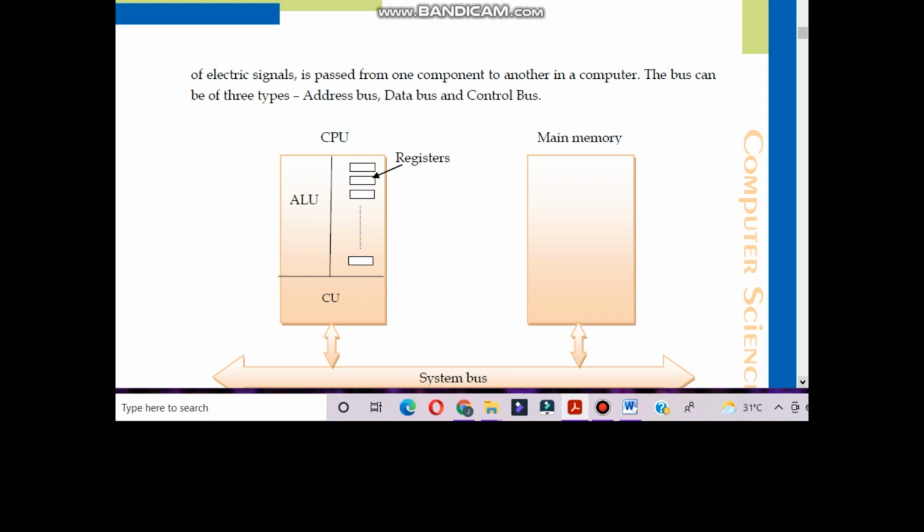So I have already told you the use of bus, where data or information can move or travel from one part to another part.